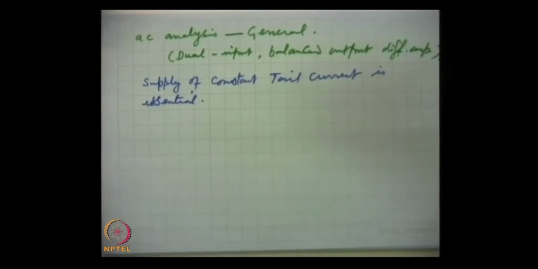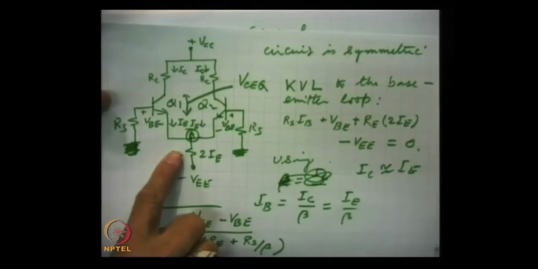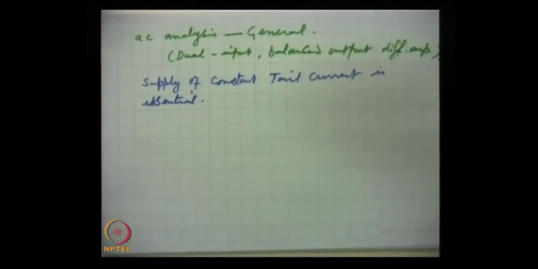Constant tail current is required. How we provide? So, we will elaborate in better designs this resistance and this battery, we can replace by some other arrangements which will be providing a constant tail current. So, this is essential. So, we assume that a constant tail current